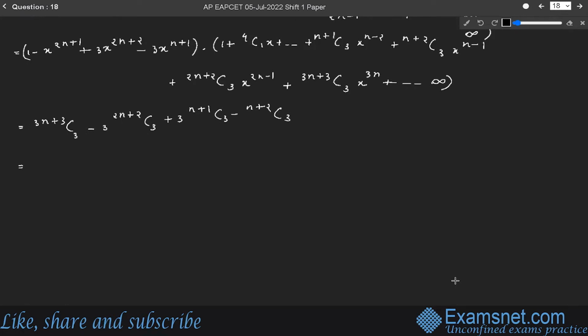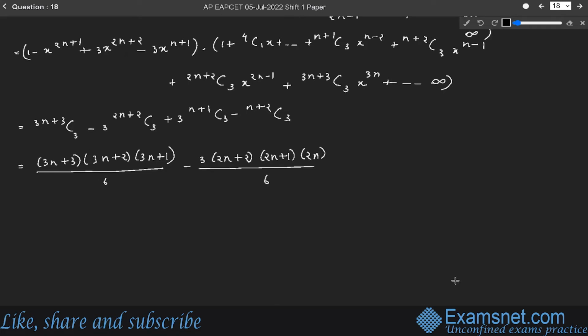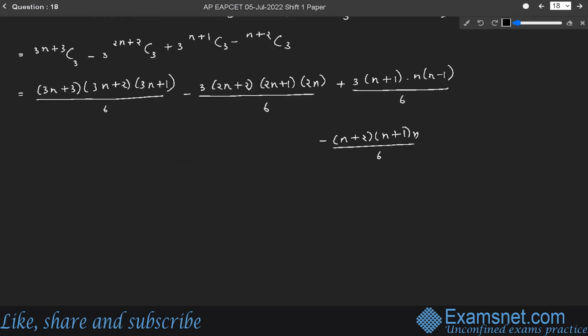On expanding these values, it will be equal to (3n+3)(3n+2)(3n+1) whole divided by 6, minus 3(2n+2)(2n+1)(2n) whole divided by 6, plus 3(n+1)(n)(n-1) whole divided by 6, and minus (n+2)(n+1)(n) whole divided by 6. Now, on further solving this, it will be equal to